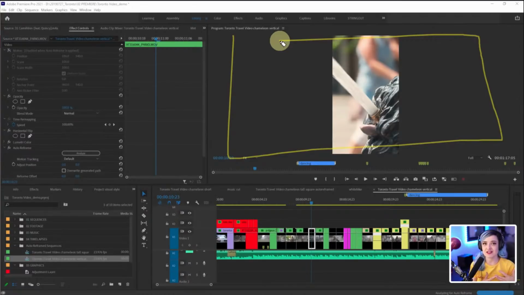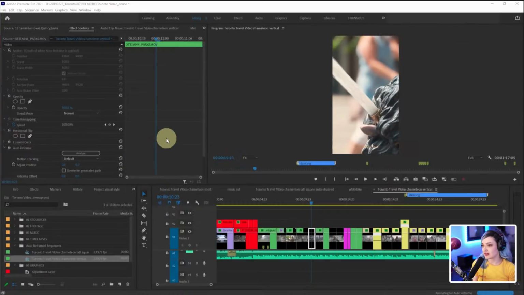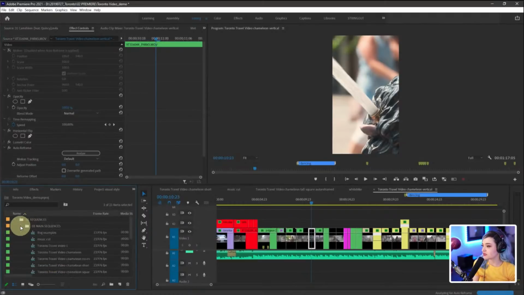There's no way to cut a center out. So something that you can do is letterbox it, right? So letterboxing, super, super easy. This is how I would do it. There's like a million ways to do this, but I have my main sequence, which is the chameleon short,